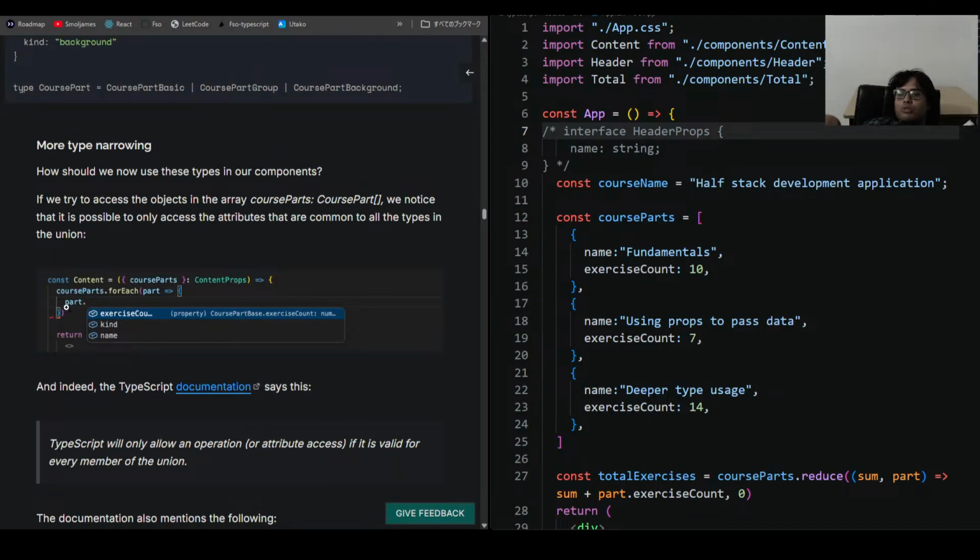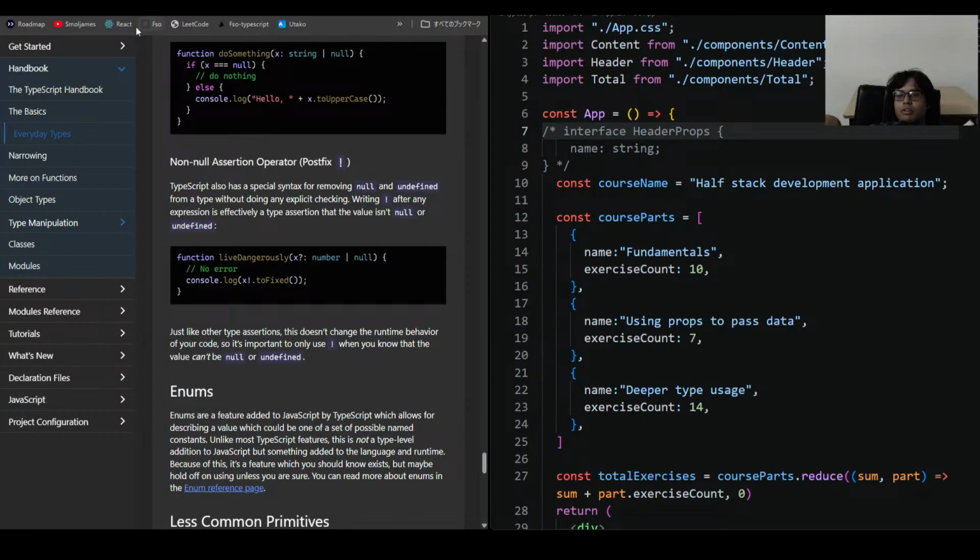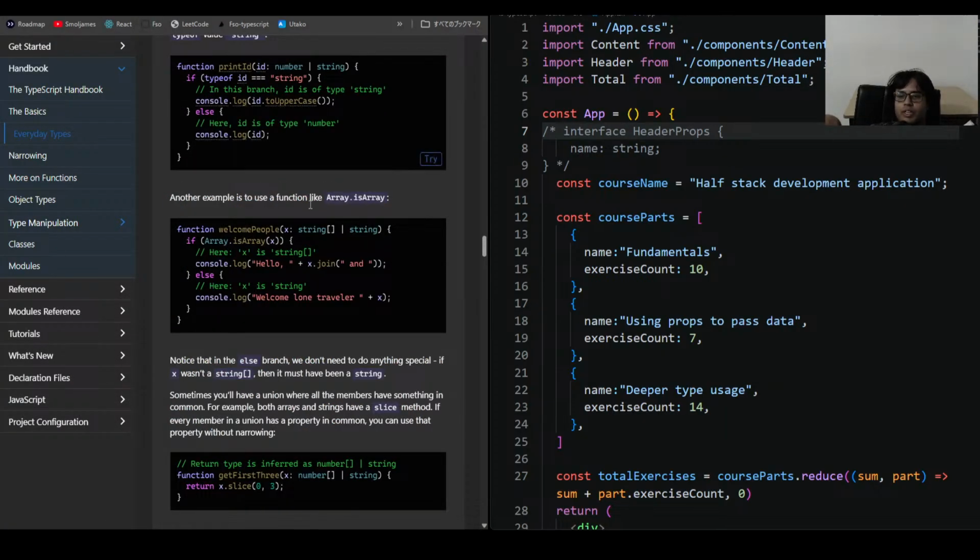More type narrowing. Notice in the else branch, console.log welcome lone traveler plus x, we do not need to do anything special if x wasn't a string. If x wasn't an array, then it must have been a string. Sometimes you'll have